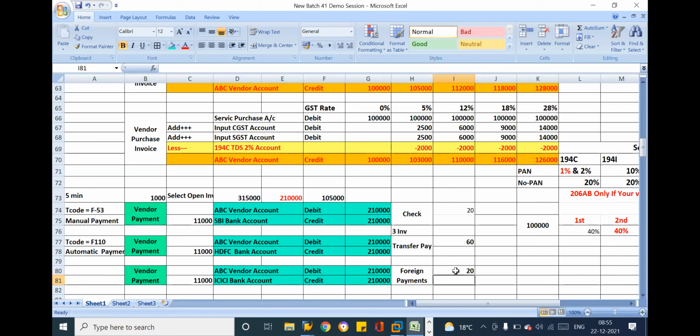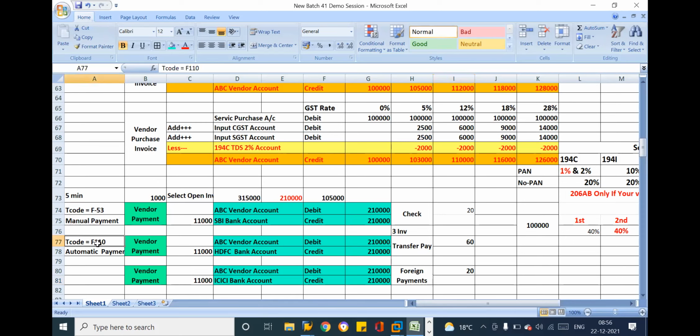While doing the manual payment, bank selection is one challenge. If you do wrong bank selection, your payment entry is wrong. Say you selected the SBI Bank account and try to do the payment for a foreign vendor. Then we have some limitations for SBI Bank for foreign payments. Some banks have the international payment facility, some banks don't. Then we have to face the problem: in SAP we did the entry in a different bank, and physically you are doing the payment in another bank. We have these problems, so to avoid all these manual selections,